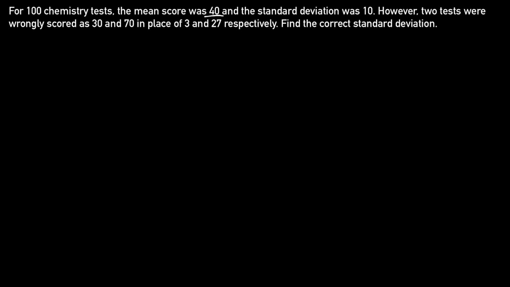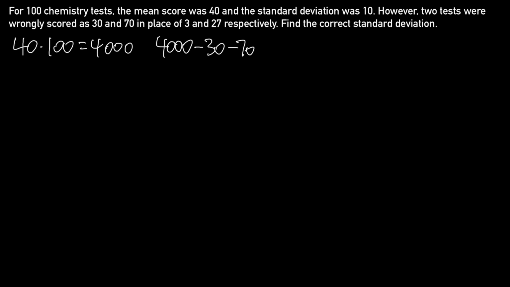We already know that the incorrect mean was 40, so to find the correct mean, we just need to find the sum of all of the scores, 40 times 100, which is 4,000. And we're going to take out the wrongly scored tests of 30 and 70. We're going to take them out of 4,000. So 4,000 minus 30 minus 70. And we're going to add in the correct scores, which are 3 and 27. So we all know 4,000 minus 30 minus 70 is 3,900. And we are adding 30 on top of that. So that's